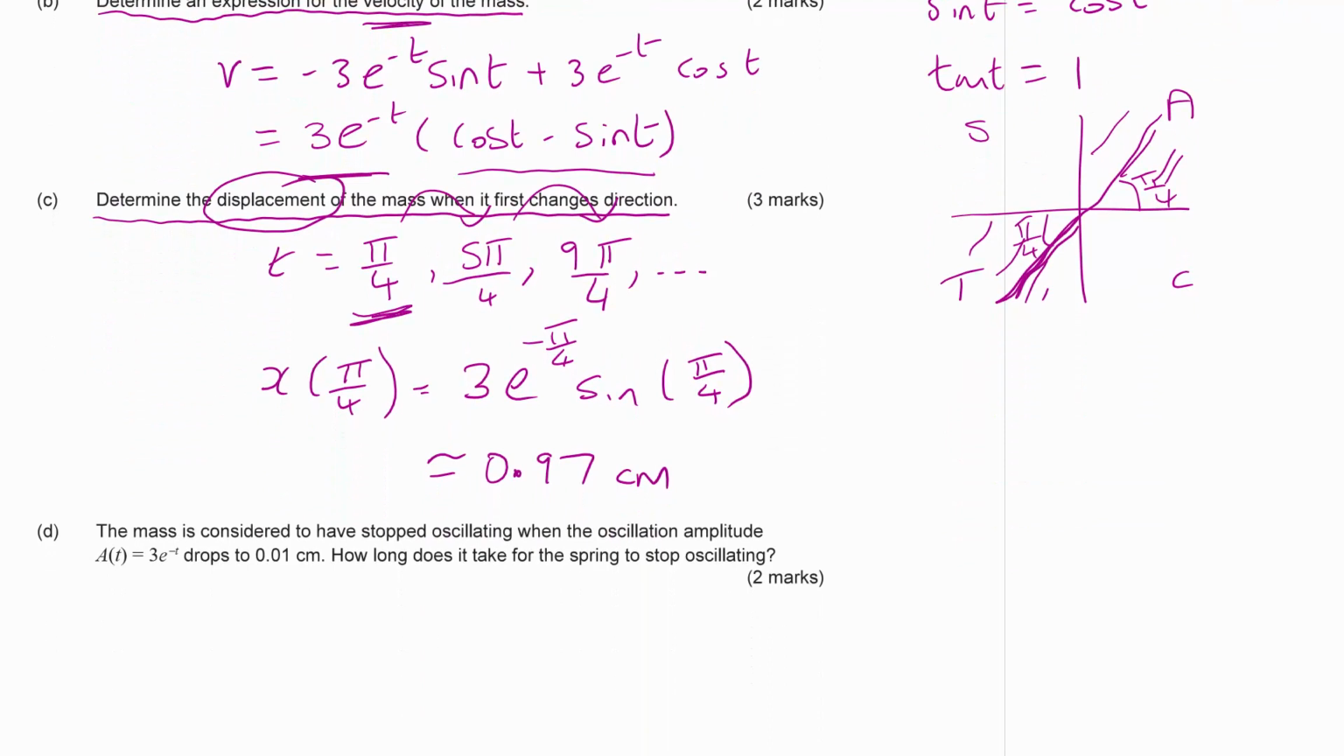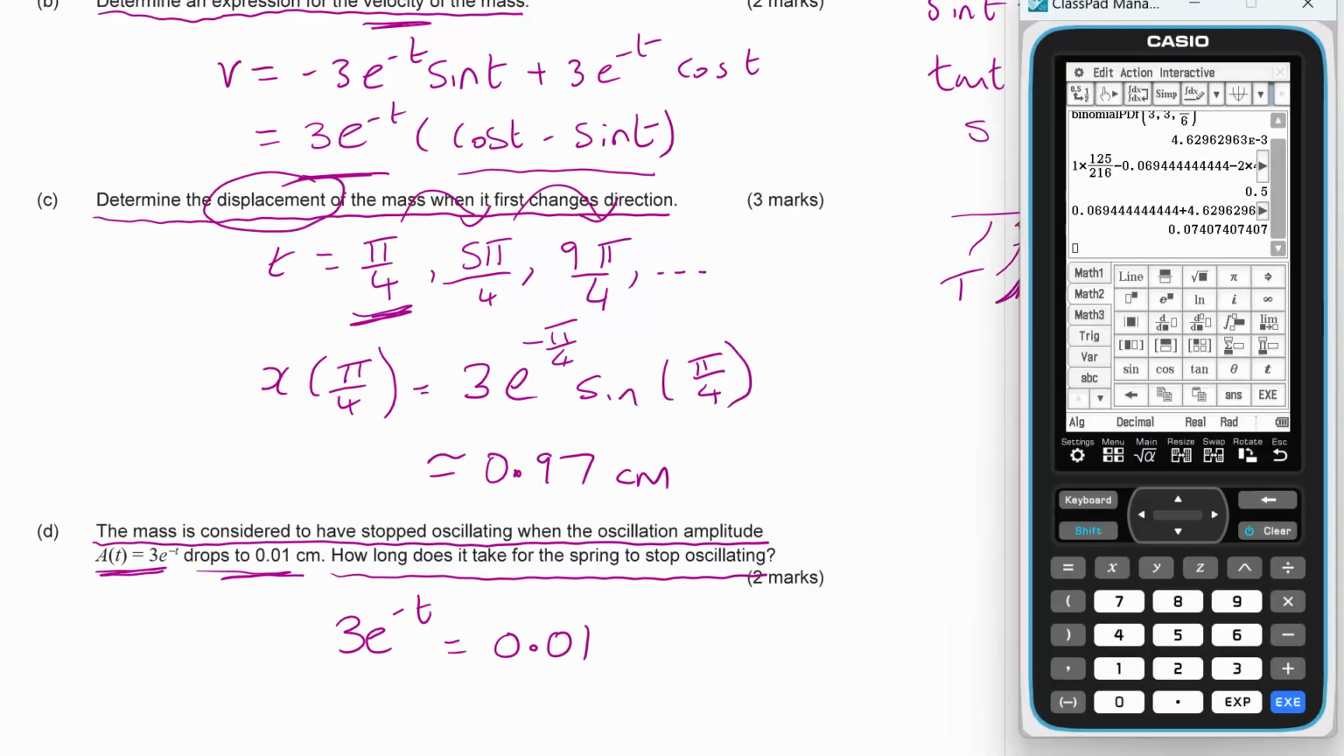Okay, so the mass is considered to have stopped oscillating when the oscillation amplitude, A of t is 3e to the negative t, drops to 0.01 centimetres. How long does it take for the spring to stop oscillating? So we just need to solve 3e to the negative t is equal to 0.01. And of course, we can do that using our ClassPad. So that is just going to be